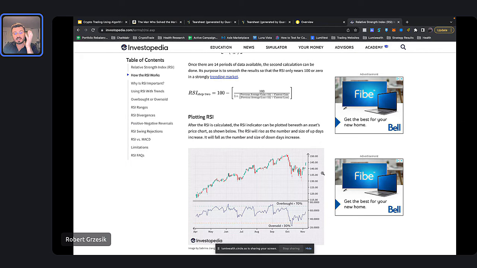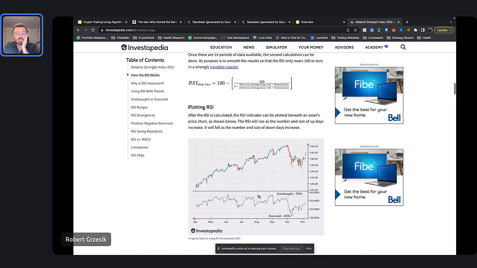When RSI gets very high, we tend to say that things are overbought and the market is probably overheating, right? So it's probably a good time to sell when things are high. Here we say overbought is over 70. Everyone says slightly different numbers. And then we say it's oversold when this gets very, very low, right? When it's below 30, that's oversold and probably a good buying opportunity, right? So that's one indicator that we're using.